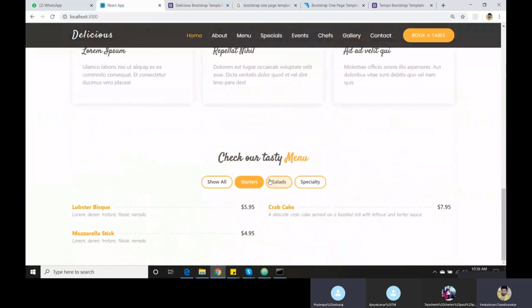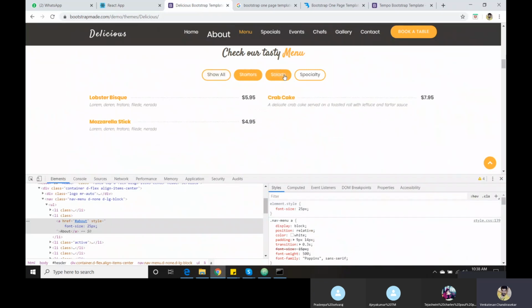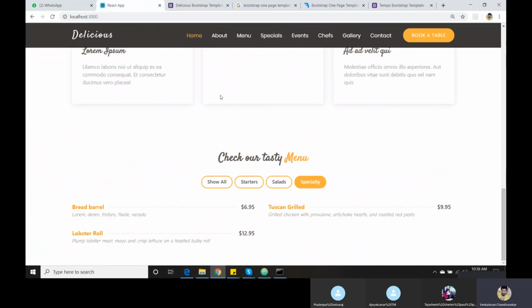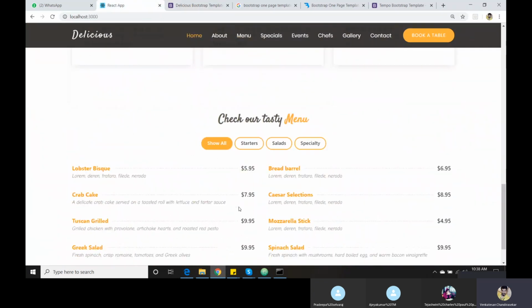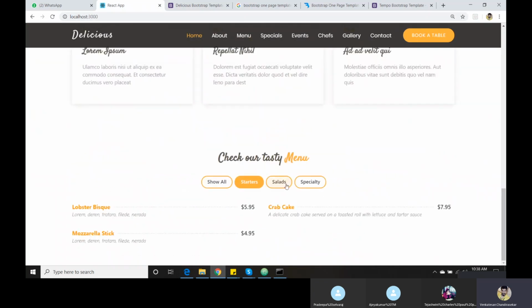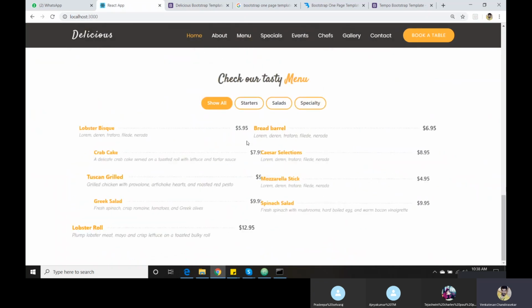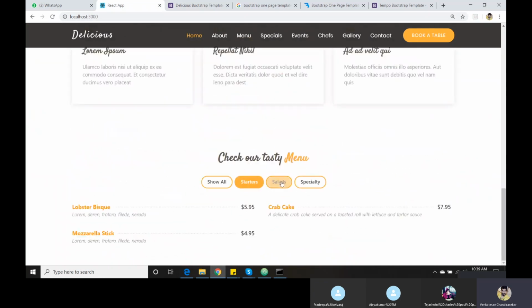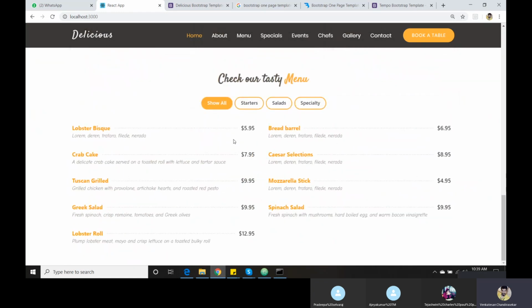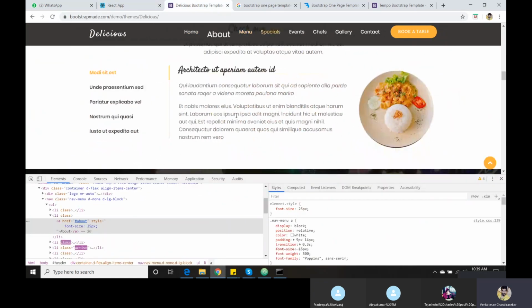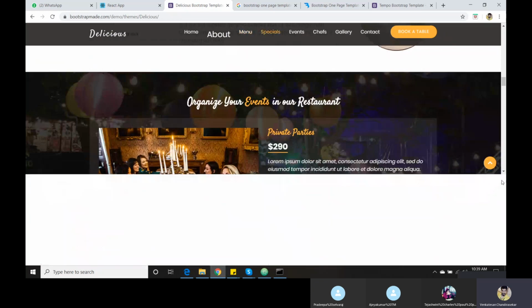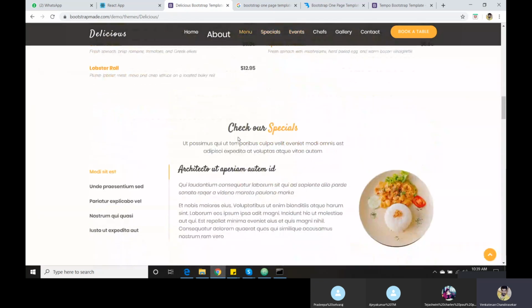Wow. Now it's working fine. The sections appear as they are in HTML. Now it's working. This is done by that jQuery plugin. Okay, I will tell you what it does. Okay, now it's fine.